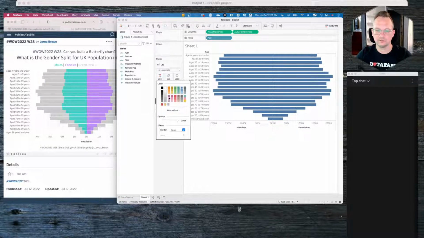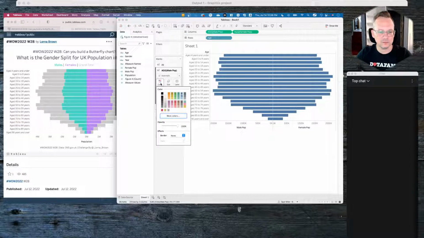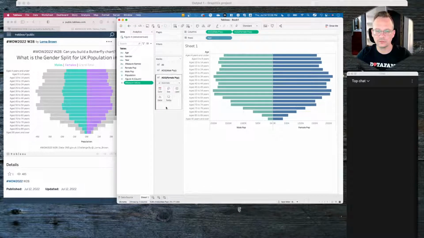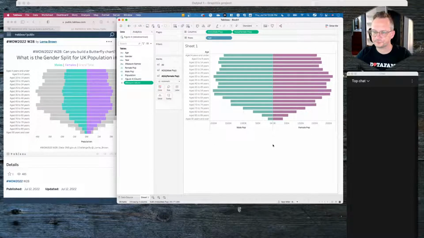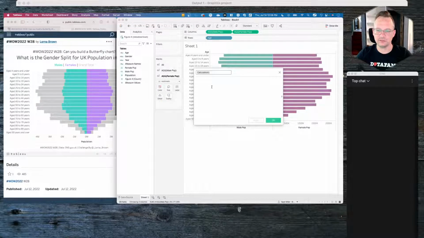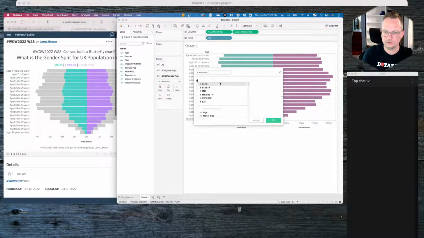And for now, for the males, it's a teal color. It's close enough. For the females, it's a purple color. Close enough. Okay, so that works. Now what we need to do is, let's do exclude gender